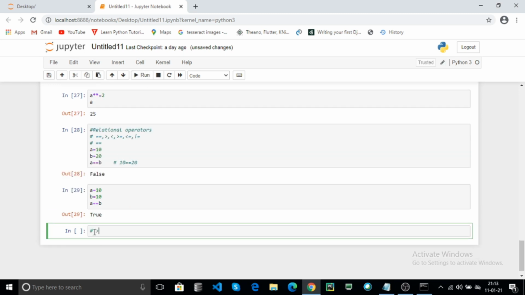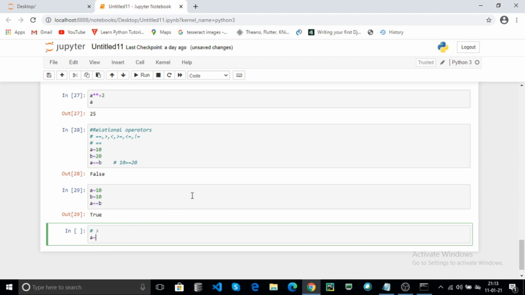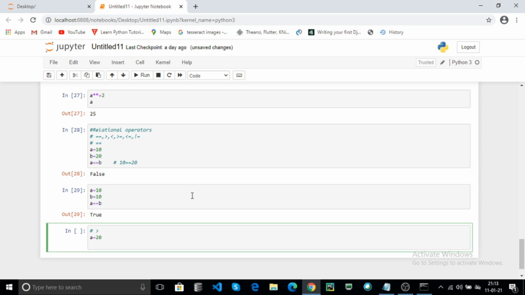Now greater than. Here A equal to 20. For example, the comparison is A greater than 21. Here the condition is 20 greater than 21, the condition is false.